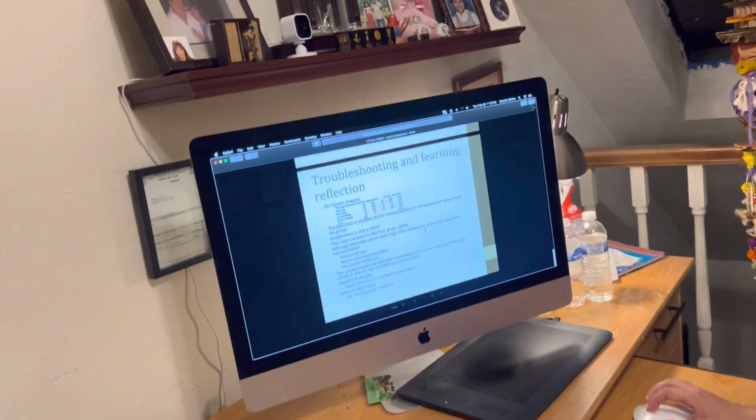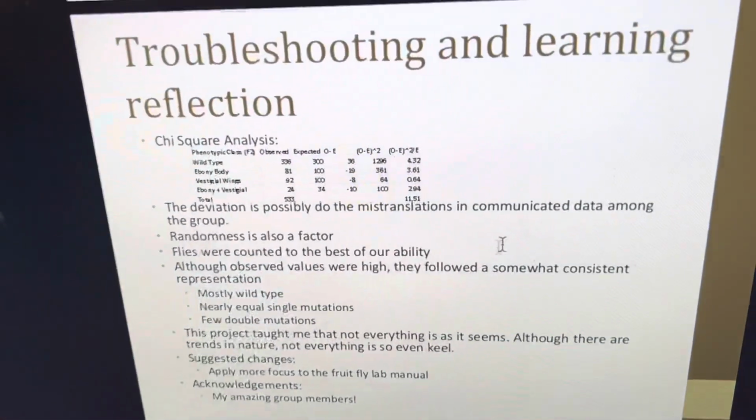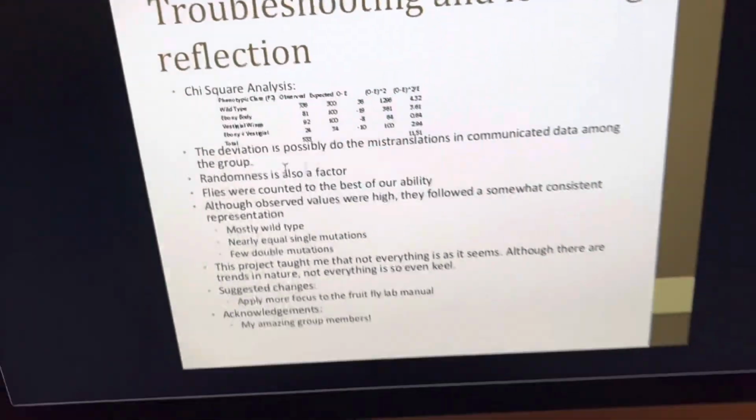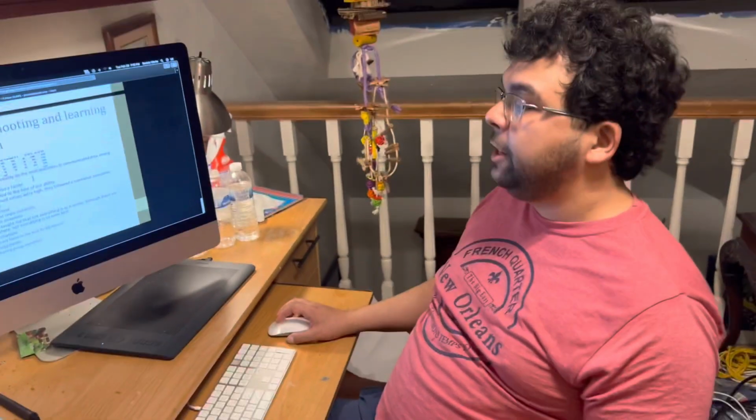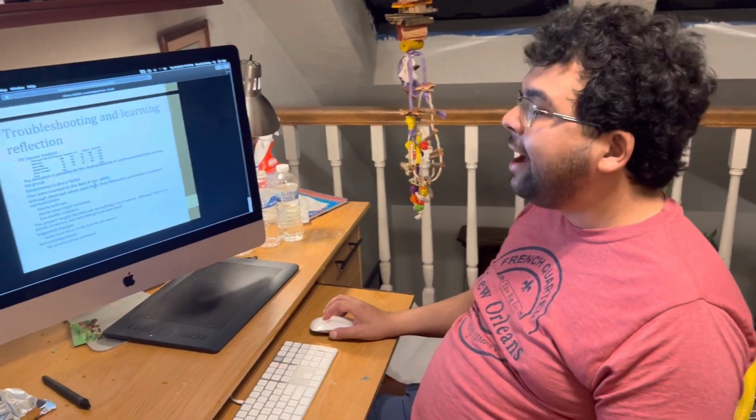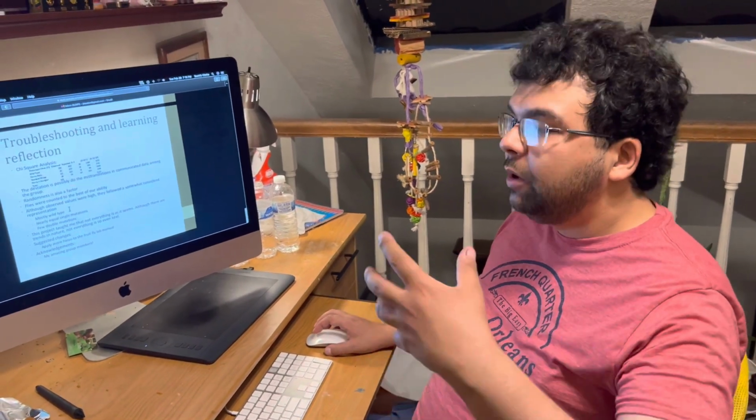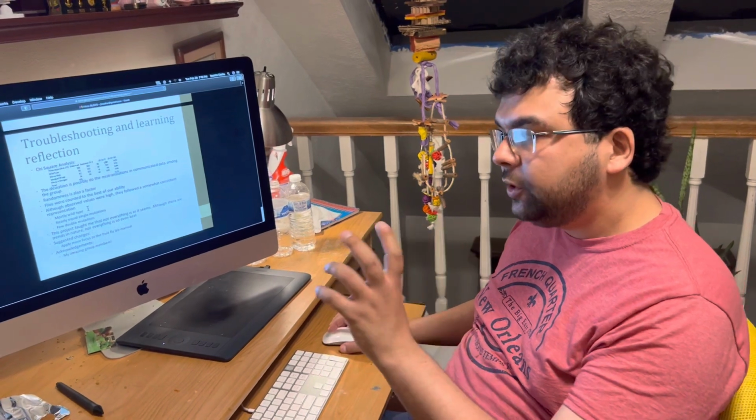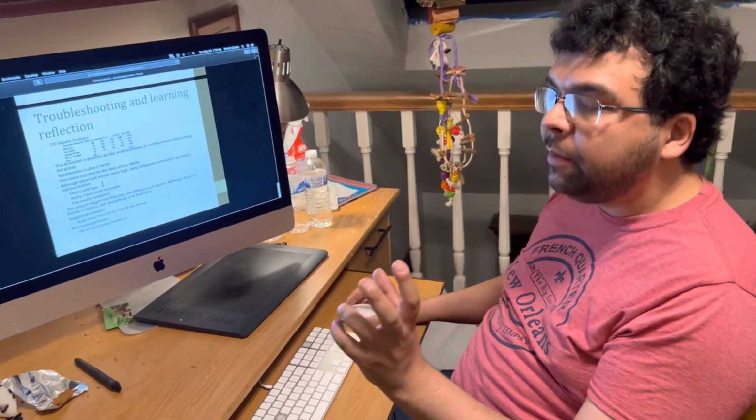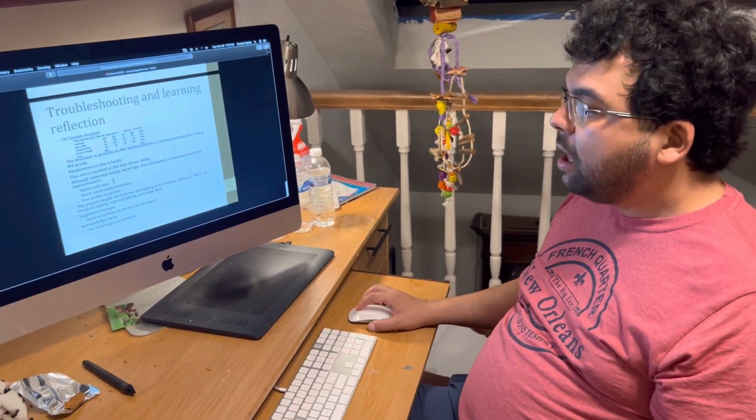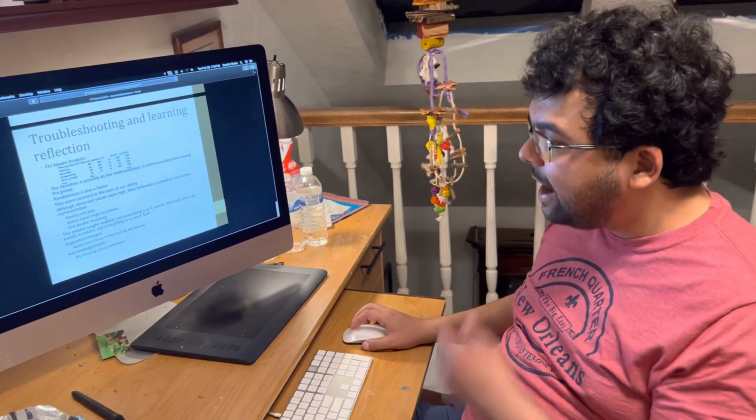The deviation is possibly due to mistranslations in communicated data among the group. Randomness is also a factor, but the flies were counted to the best of our ability. Although the values were high, they followed a somewhat consistent representation. They were mostly wild type with relatively equal distributions among single mutants, with double mutants being the least represented population of the group. If there were any suggested changes to the experiment that I would make, it's that there should